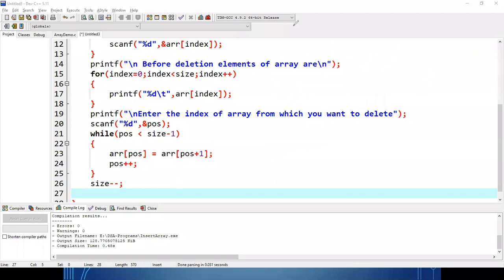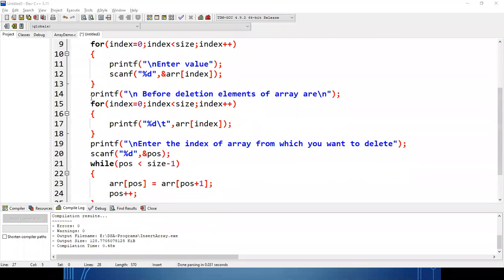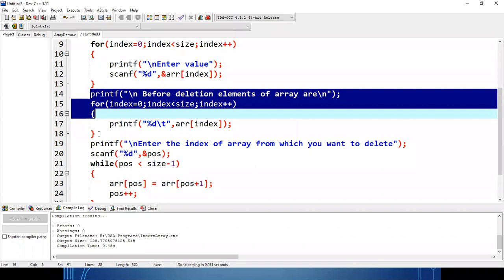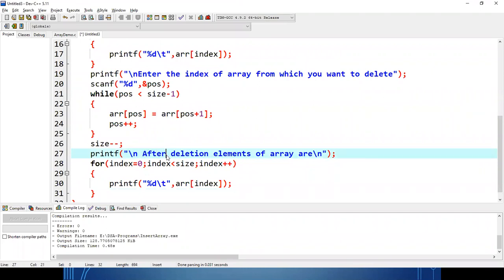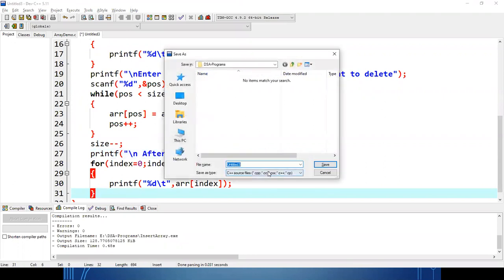Okay. So after that, let us print everything. So same process will follow for displaying the values, but here before we will write after. Okay, so let us check. So this is delete array.